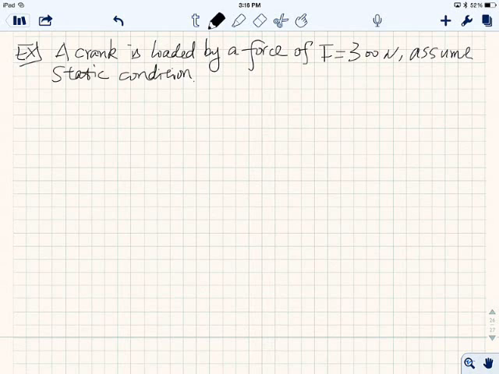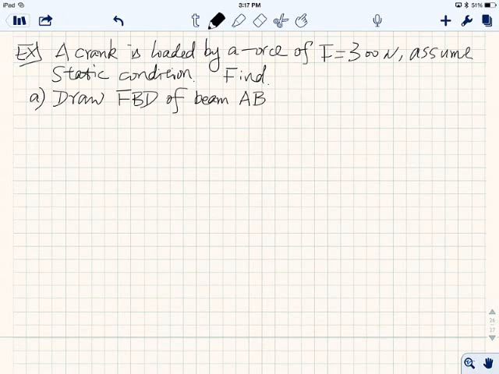Okay, so it's static. There's no movement at all. Now it asks us to find, basically, what you pay for. I'm using a free stylus, so no wonder. So first of all, draw a free body diagram of beam AB and BC,